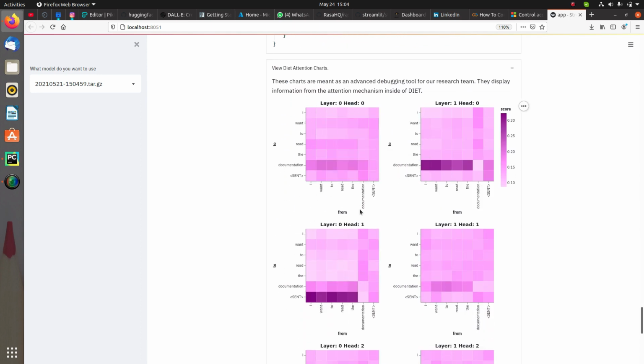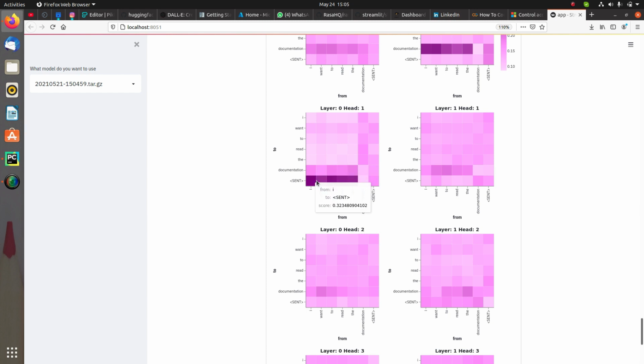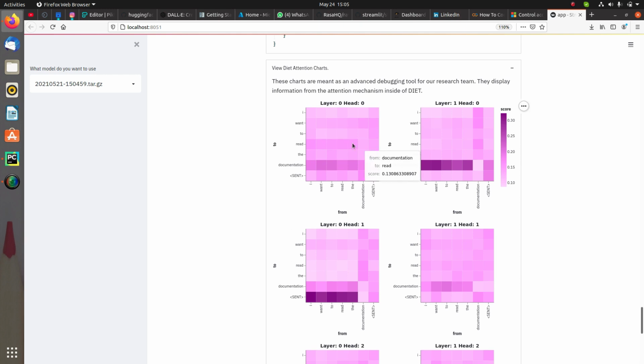In this way you have it, and over here whatever you are getting, you are able to see in a single format, like from I to I, and the score is this. So you have the complete chart for that. Over here you can see for every word what the score or confidence level is, and based on that it generates a final value for you, which is the confidence level. In the same way you can see it for the different values that you have provided. You are getting multiple pieces of information from the attention mechanism inside of DIET.